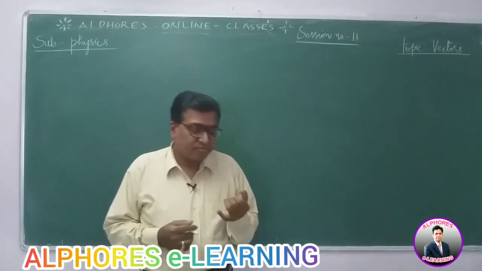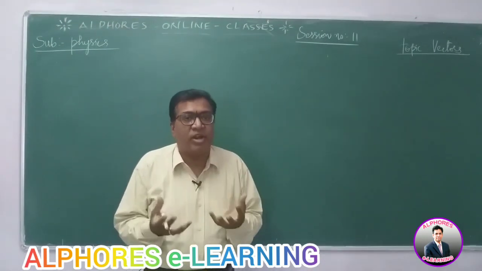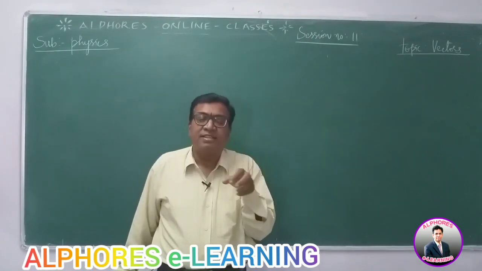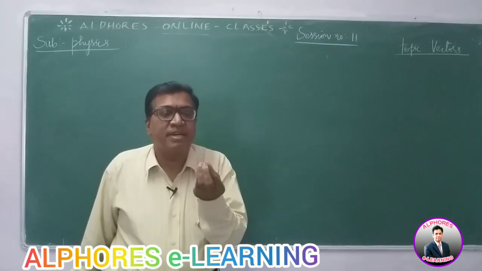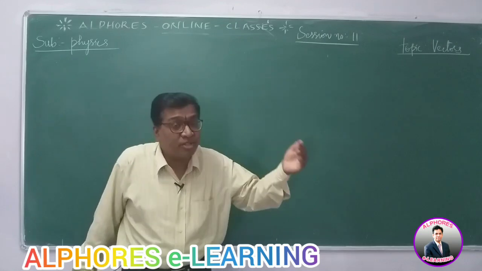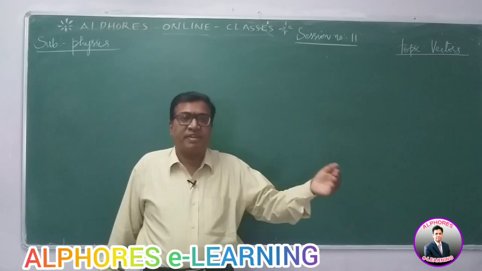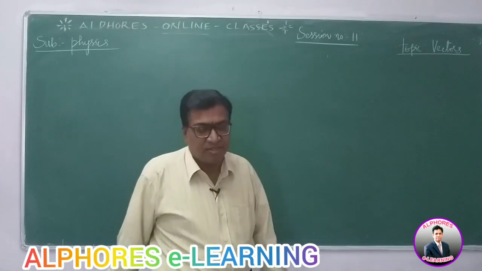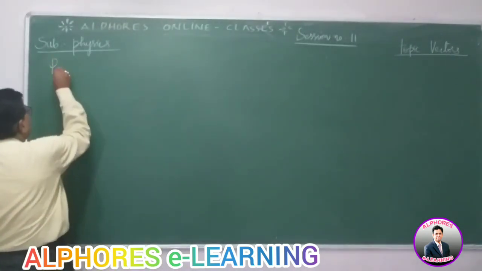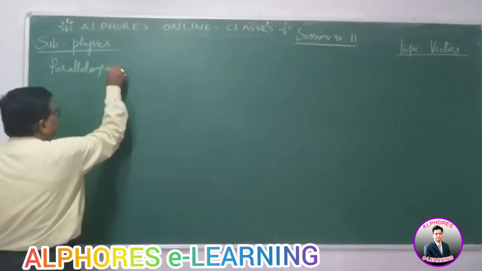I was telling you, physics is a subject of measurement. When you measure, you get a quantity called physical quantity. Physical quantities are of two types, scalars and vectors. Scalars are just mere numbers, no direction. Vectors have both magnitude and direction, and they obey the laws of vectors. We have taken the representation of vectors, resolution of vectors, types of vectors, and addition of vectors. So in addition of vectors, the analytical method to find out the resultant is parallelogram law.